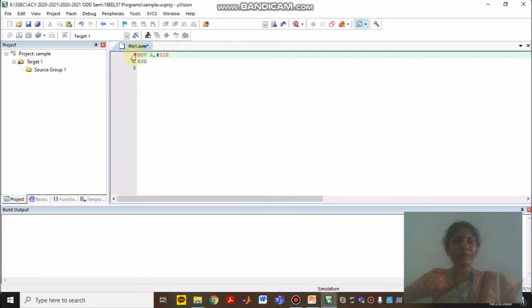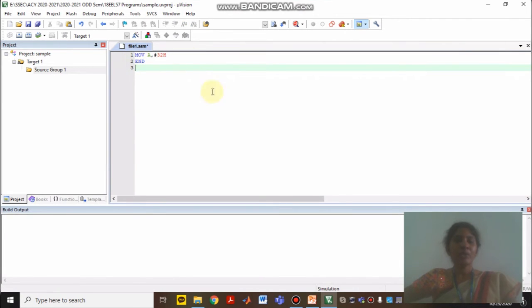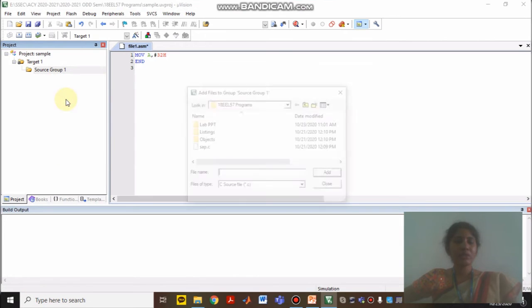What is the file name that we have used for these 2 statements? It is file1. So keep your cursor on this project window. In this project window, there is a source group. Before you build a target, you need to right click this source group, then add your files. The file is already existing, so you can add the created file. You have to add this created file in the source group. Only then is it possible for you to run the program. So right click your source group, Add Existing Files to Group Source Group.